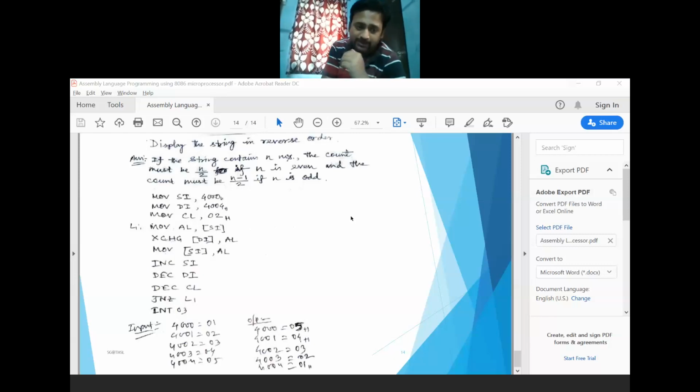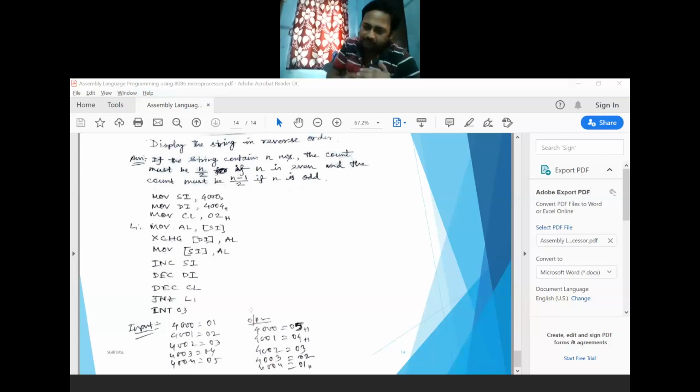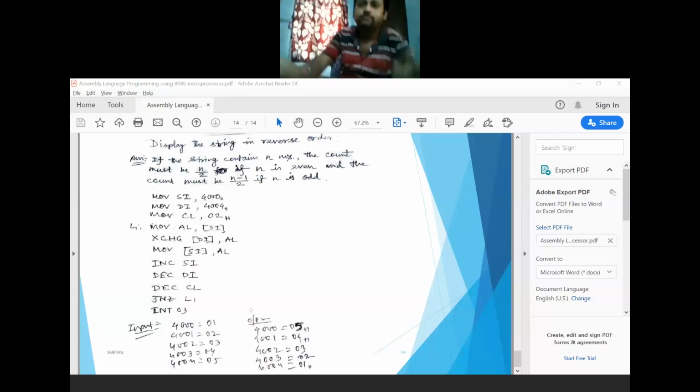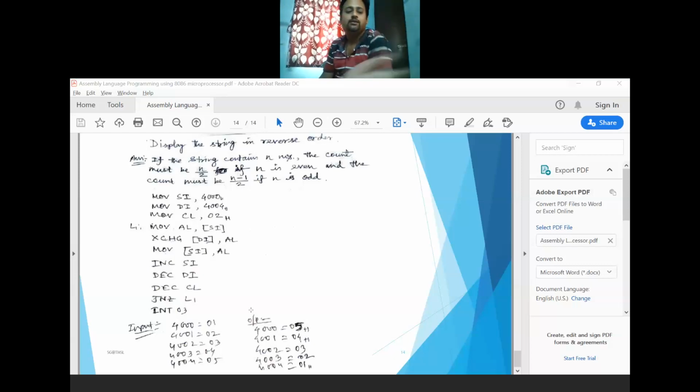But if you want to process it in reverse order, say I have some data bytes 1 2 3 4 5, they will be stored in the same memory location, and displayed on your LCD screen in reverse order, 5 4 3 2 1. I have given 1 2 3 4 5, but the result will be shown as 5 4 3 2 1. So how can you perform this?